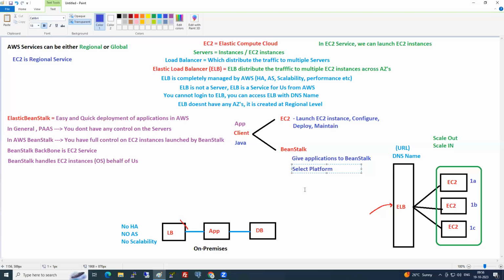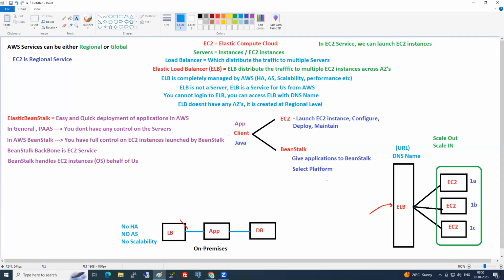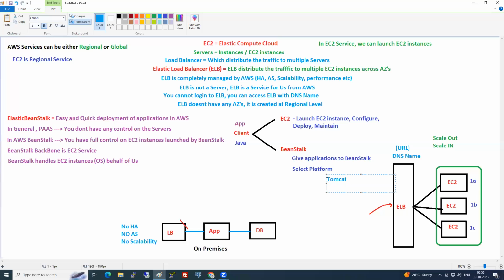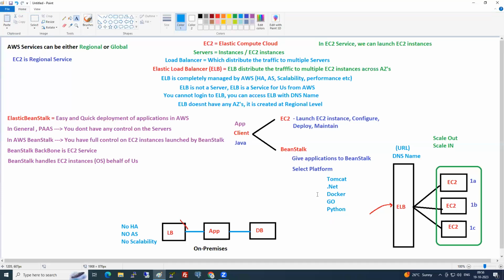Beanstalk will give you a few platforms. For example, it gives Tomcat, .NET, Docker, Go, Python, Ruby, like this. There are so many platforms that Beanstalk is providing. Very important example: the application that the client has, in which language is it developed?